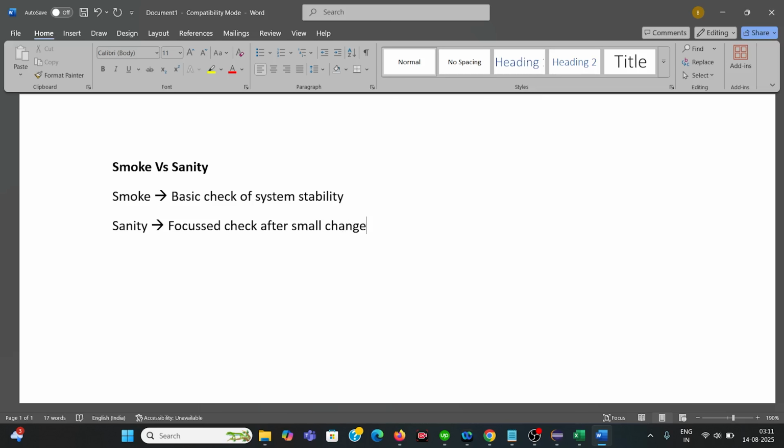Smoke testing is a quick shallow test to make sure the application is stable enough to test further. Usually smoke testing is done after every new build is deployed, and it checks if the app is alive and working.